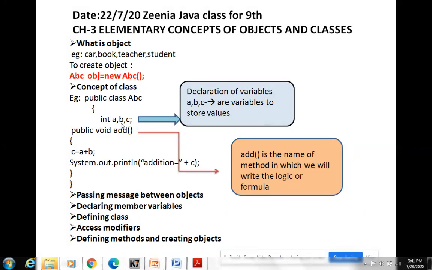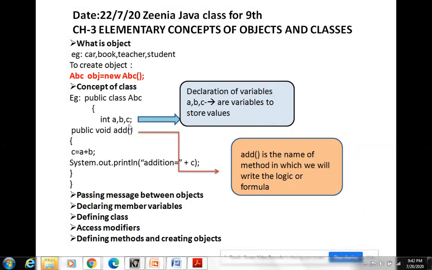If I am using a and I want to hold the value 9, so I am using a equal to 9. That means 9 is to be held by a. So a is just a representation, or it is a named location in which we can store the values.